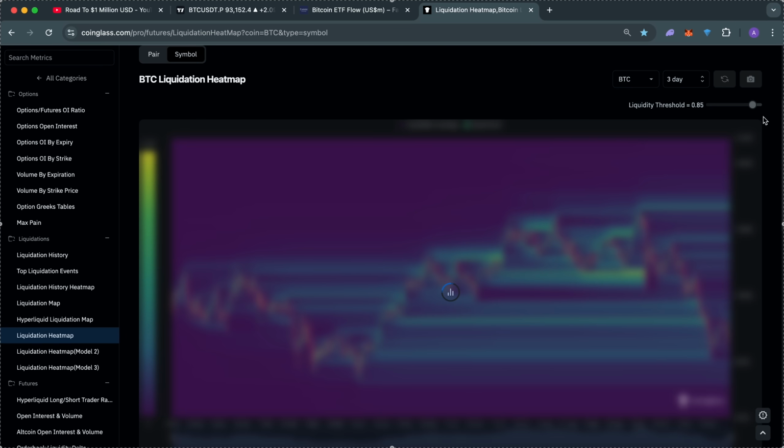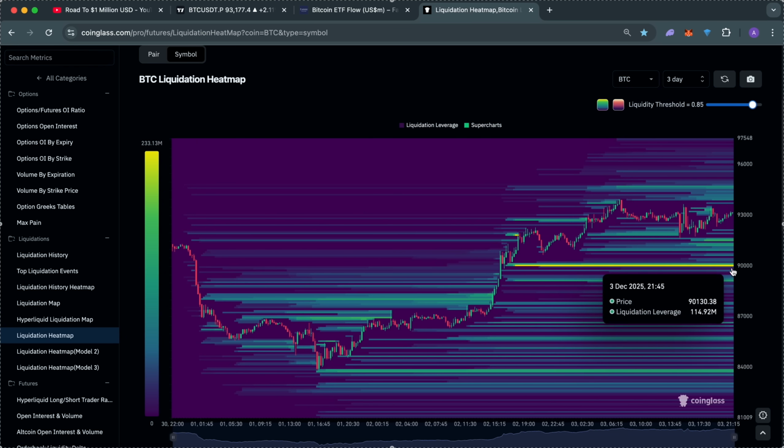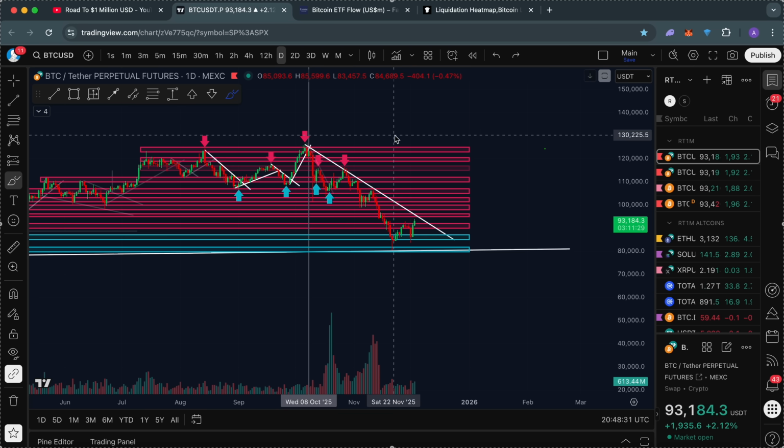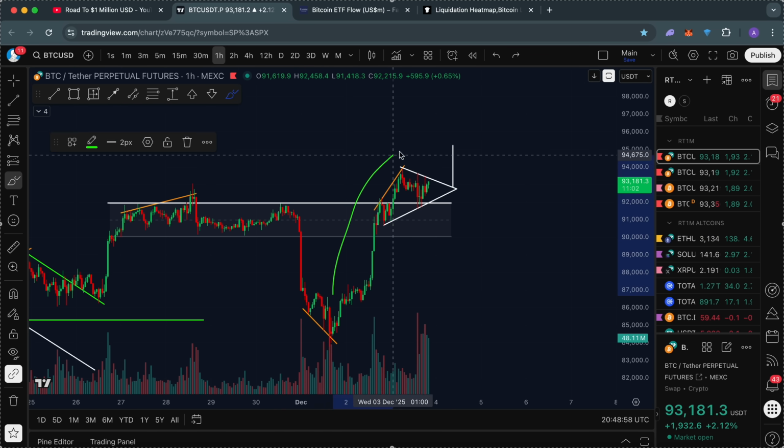Okay, so moving on to the 3-day time frame then. Once again, we do have that 90K level of liquidity, so beware if you see an invalidation of that bullish setup. So to summarize this video here, of course, we saw a massive pump to the upside, which actually slowed